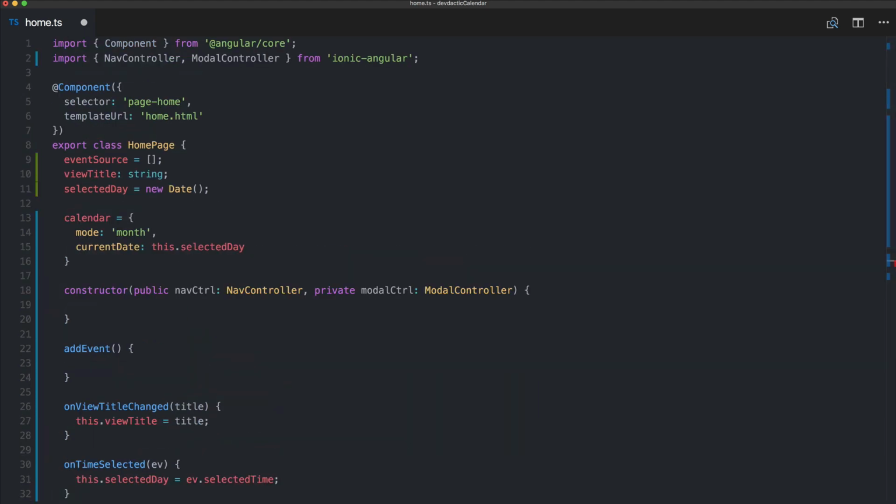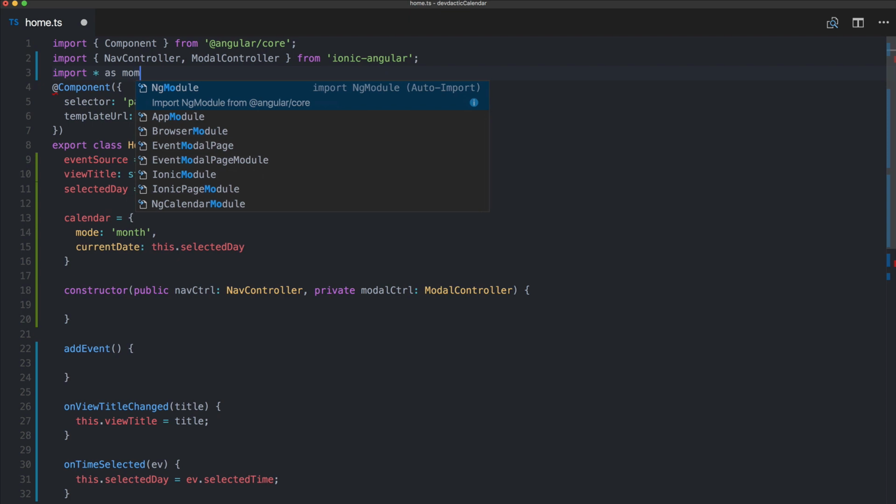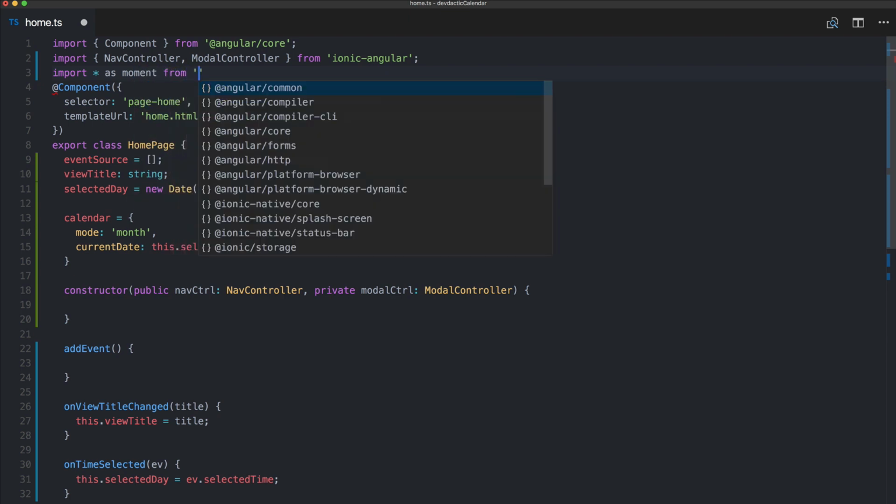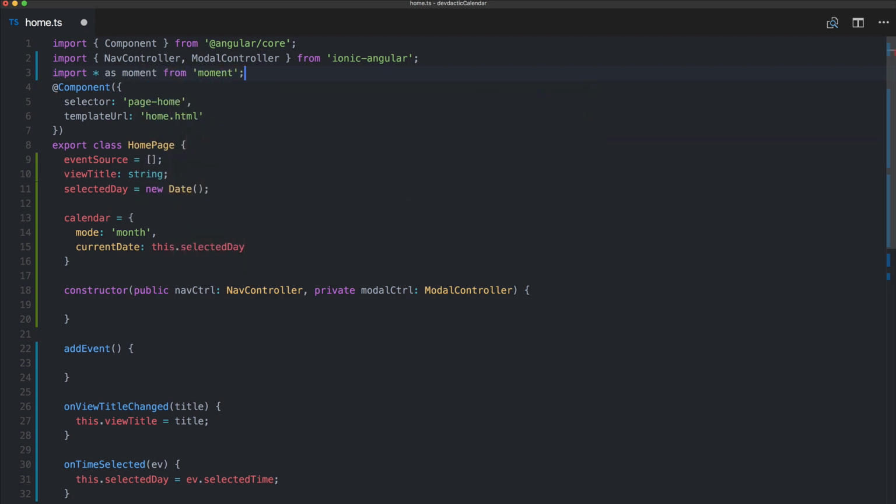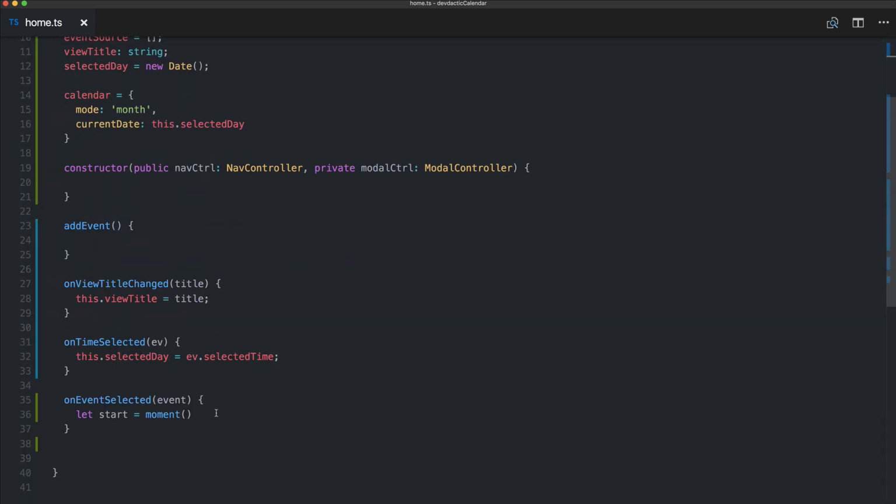And if we want to use moment, we need to fix the TypeScript error, or we just need to import it as moment from moment. So now we can use everything from moment.js. So if we go back here, we got the event.start time, and we make it in a quite extensive format, so we got the most information out of it. And we got the end time,